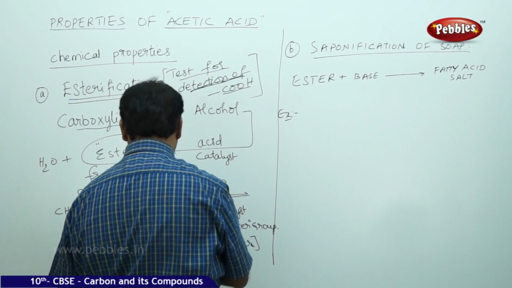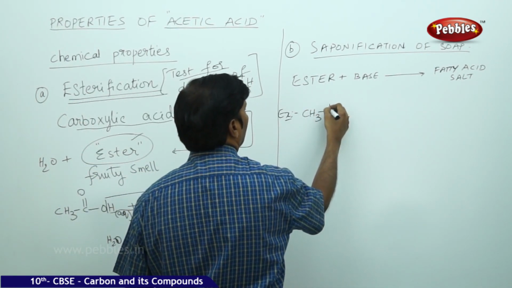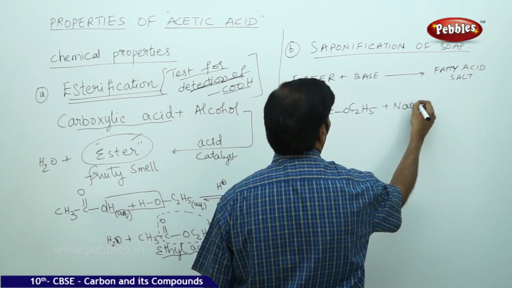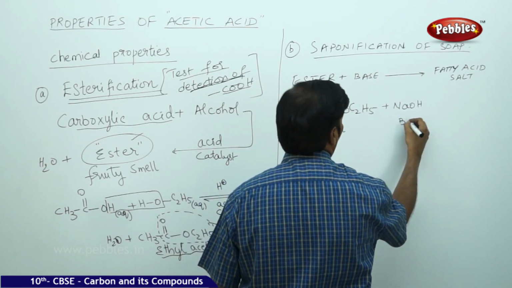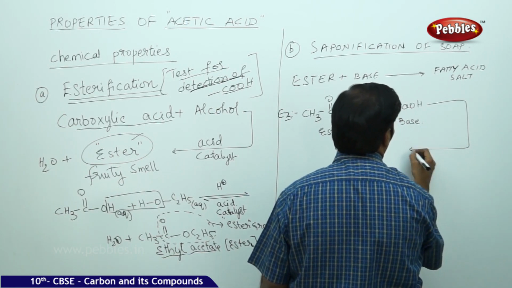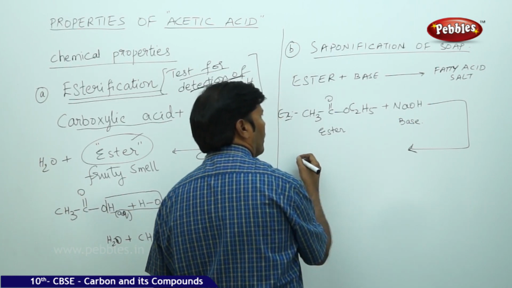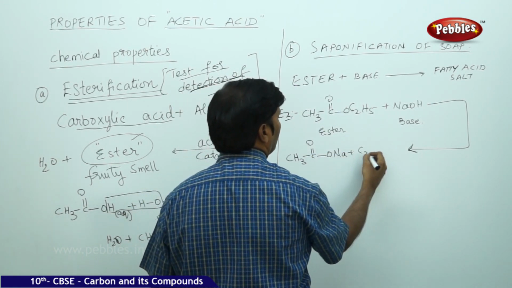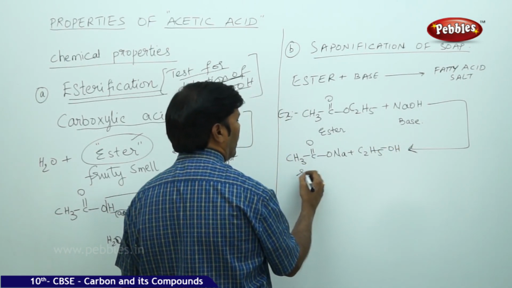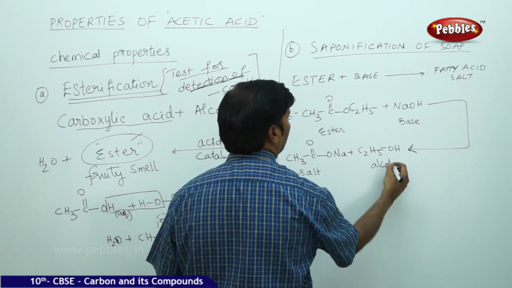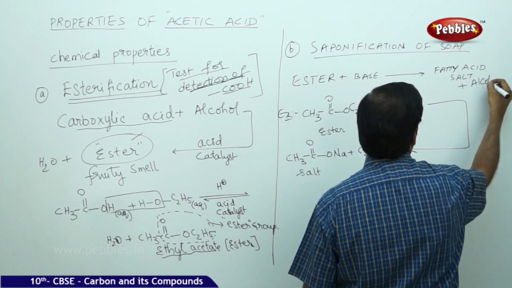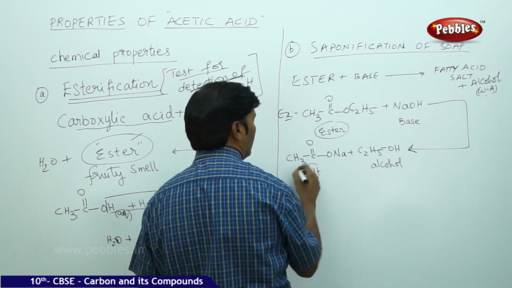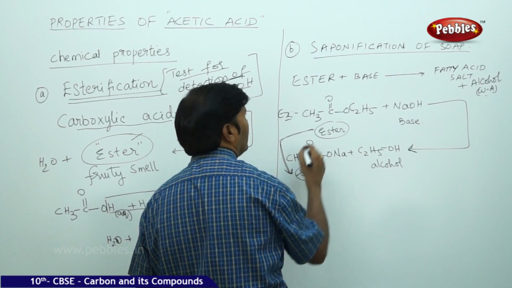Take one example. Now take this ester, CH3COOC2H5. You add the base. Ester is treated with base. This is an irreversible reaction. So you find that you get CH3COONa, CH3 single bond carbon double bond O, Na plus, plus C2H5OH. So you got salt plus alcohol, but here alcohol is a weak acid. The principle involved in this reaction, conversion of the ester to the salt, is nothing but saponification